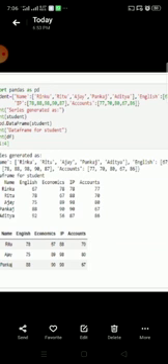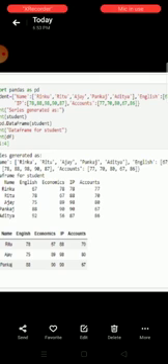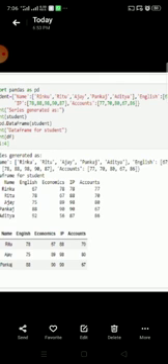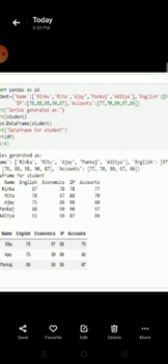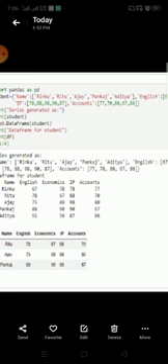The first print, the series generated as usual, will display. Nothing will change. Name, subjects English, economics, accounts, IP, everything will display. Next one is df equal to pd.DataFrame(student). Now I am using the data frame.